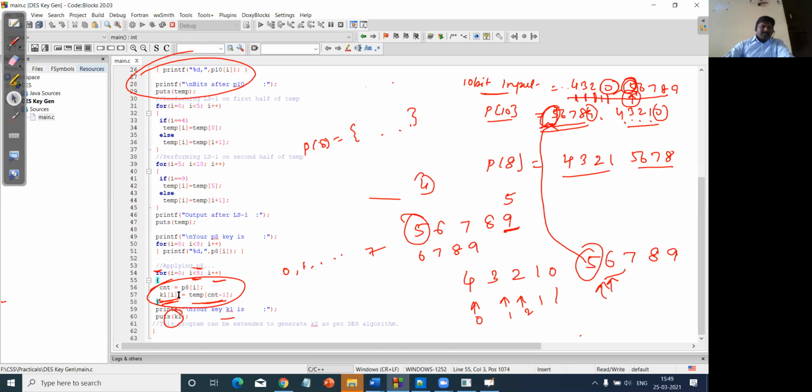Right? So here this is the combined key. Here I did not add the part for K2. Similar kind of operation can be extended, so we can generate a complete pair of keys based on the logic which I have explained so far.